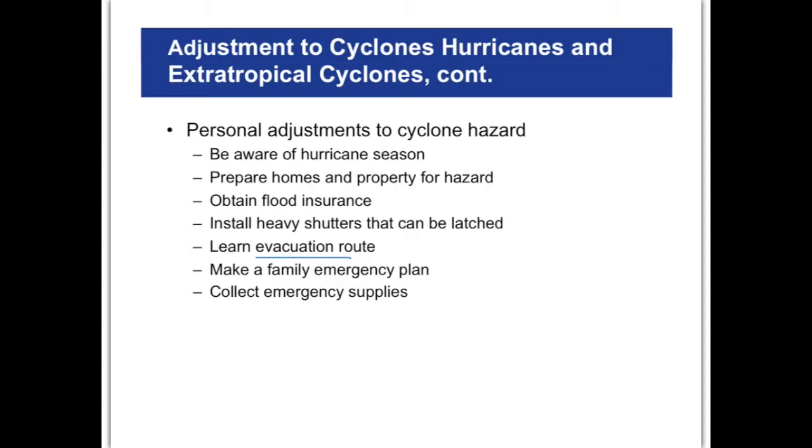Many coastal cities have signs that tell you which way to go, which way is out of town and to higher ground. But even if you can evacuate, make some sort of family emergency plan. Put things together such that you can ride out a hurricane. Many times that involves having fresh water, because if power goes out and storm surges come in, fresh water becomes scarce. Having emergency radios and flashlights and stuff. So all these things, these emergency supplies, are things that you can do to adjust to the hurricane hazard.